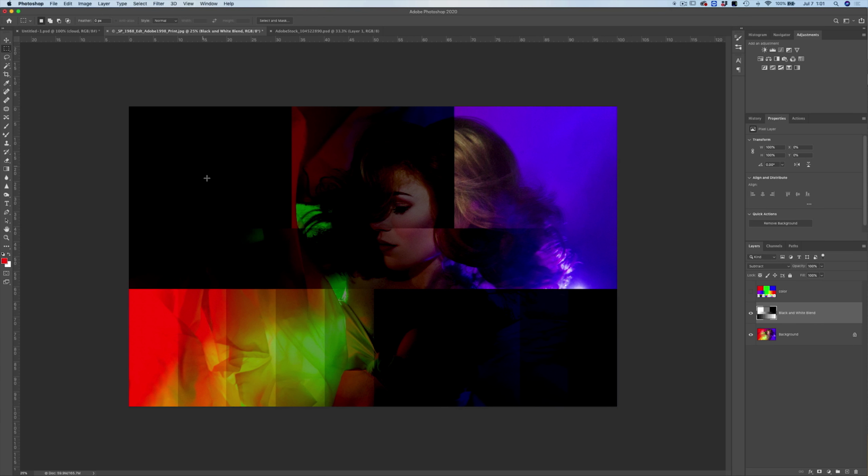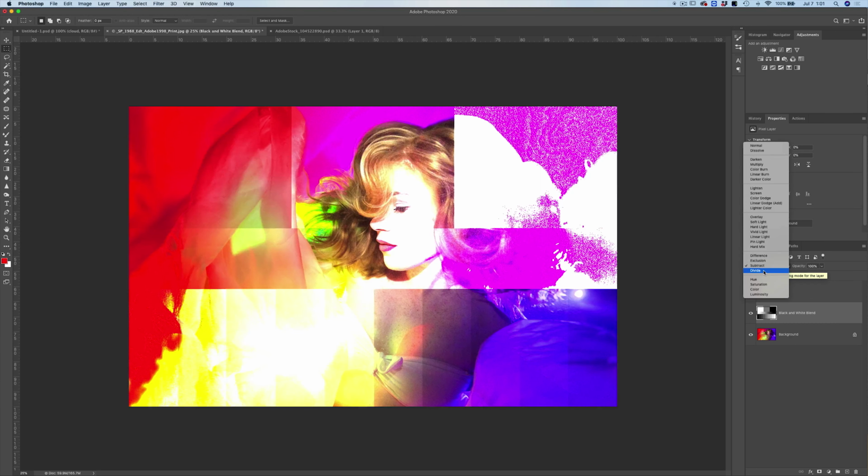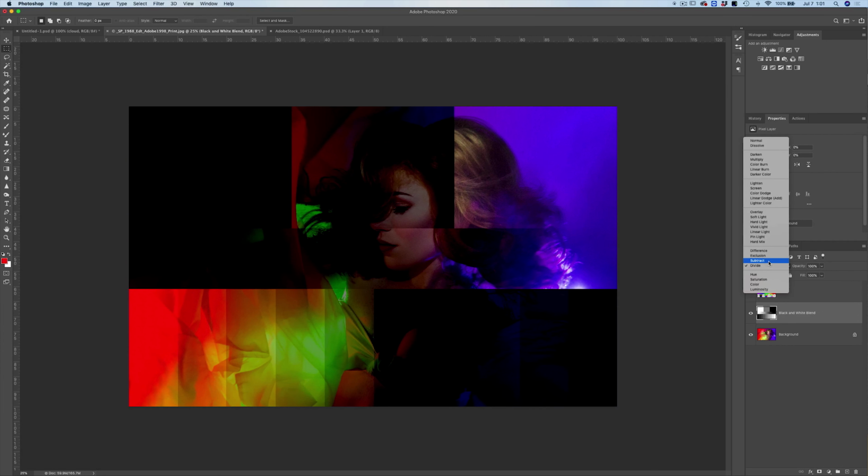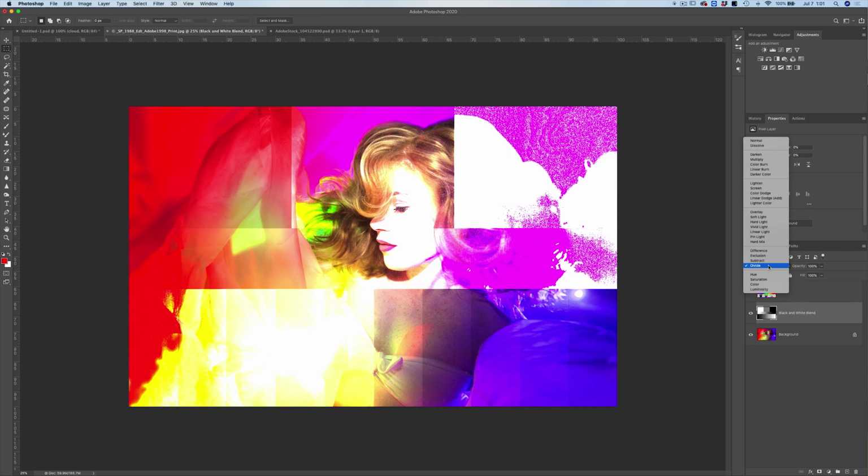You can see that our white box has actually been inverted to black. 50% gray has been darkened 50%, but our black box has been left alone. Okay, so it's basically going to subtract light from the layer. And then our divide blend mode adds brightness. So the subtract blend mode subtracts brightness, and the divide one adds brightness.